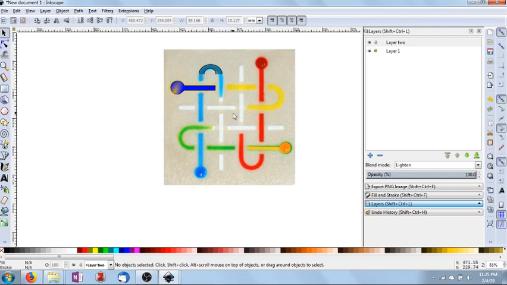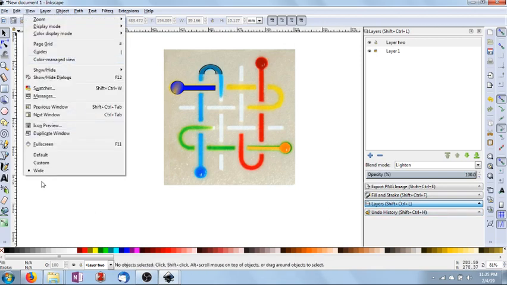So I've done a lot of operations here. If I want to undo one, I do Control Z. But if I want to undo the last 5 or 10 operations, there's a toolbar for that. It's called history toolbar. So if I say view,